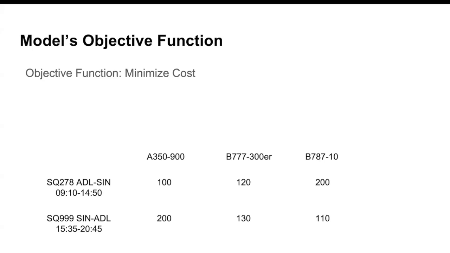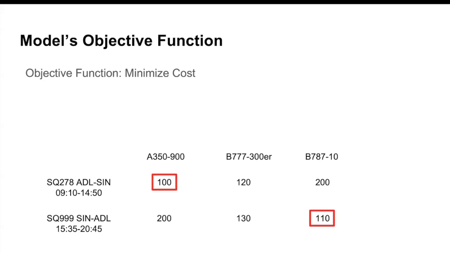First, our objective function is to minimize the total cost, which includes both build cost and operation cost. For example, if you have two flights as shown in this table and three different fleet types, each fleet type will have a different cost for each flight. So if you need to choose one airplane for one flight, you can simply select the cheapest combination, for example,